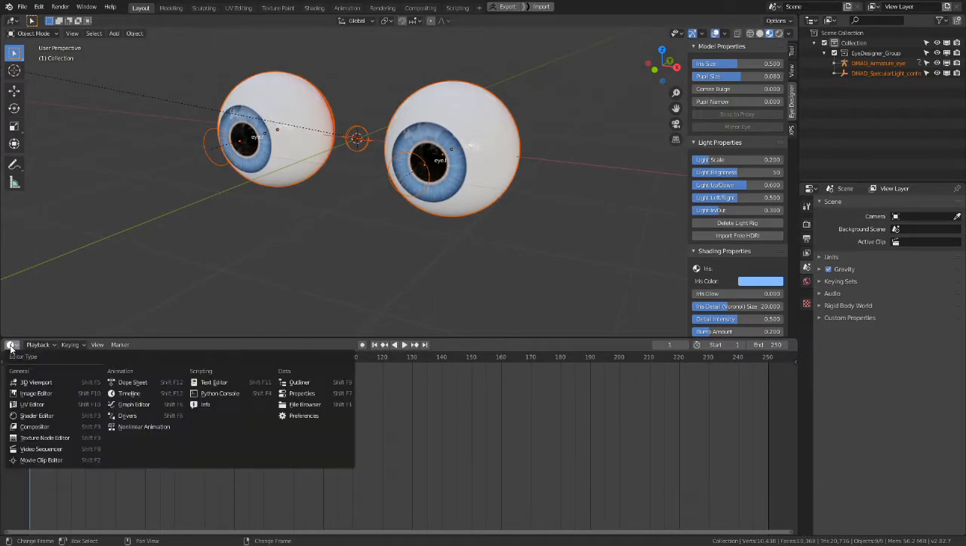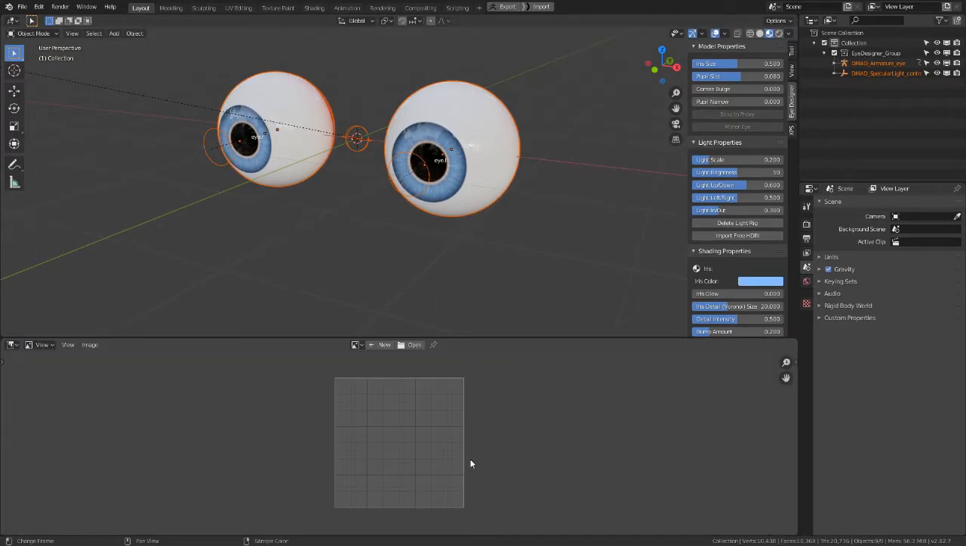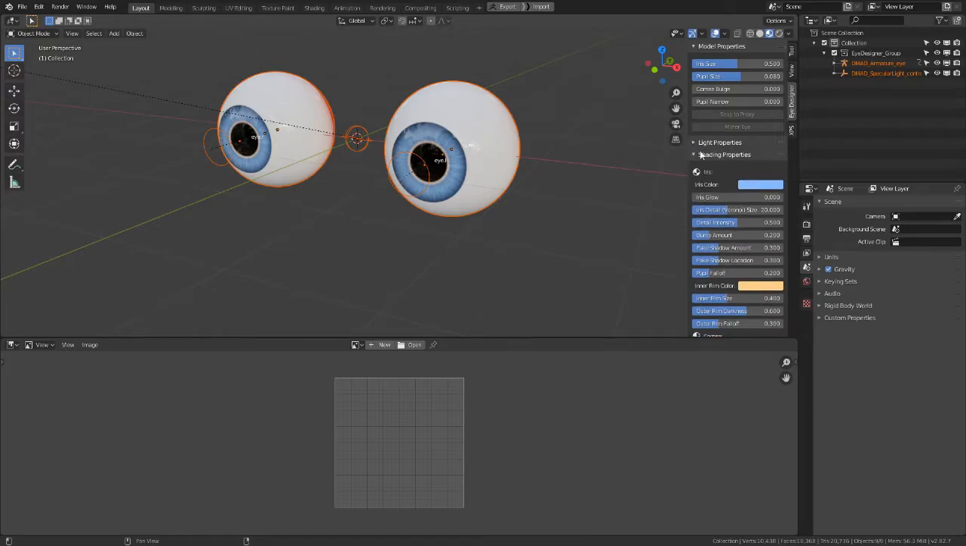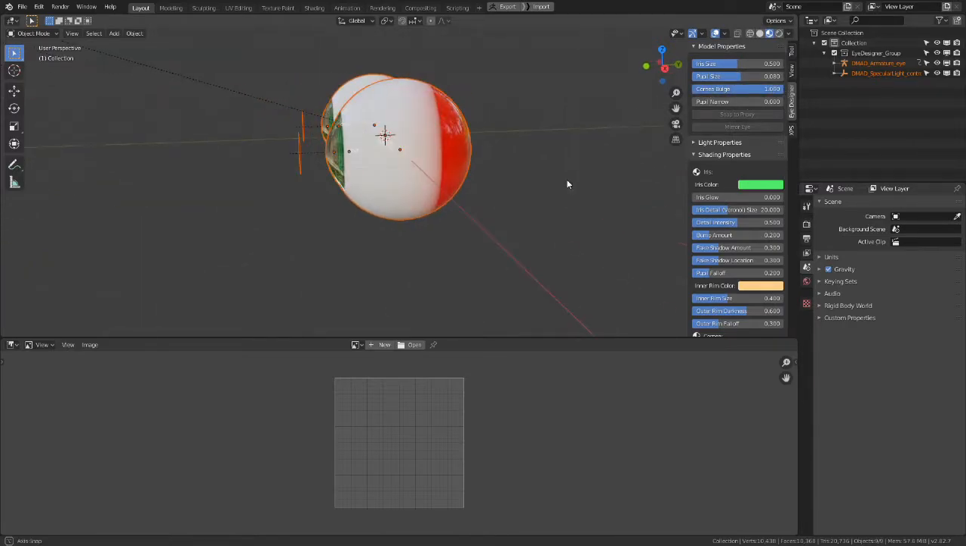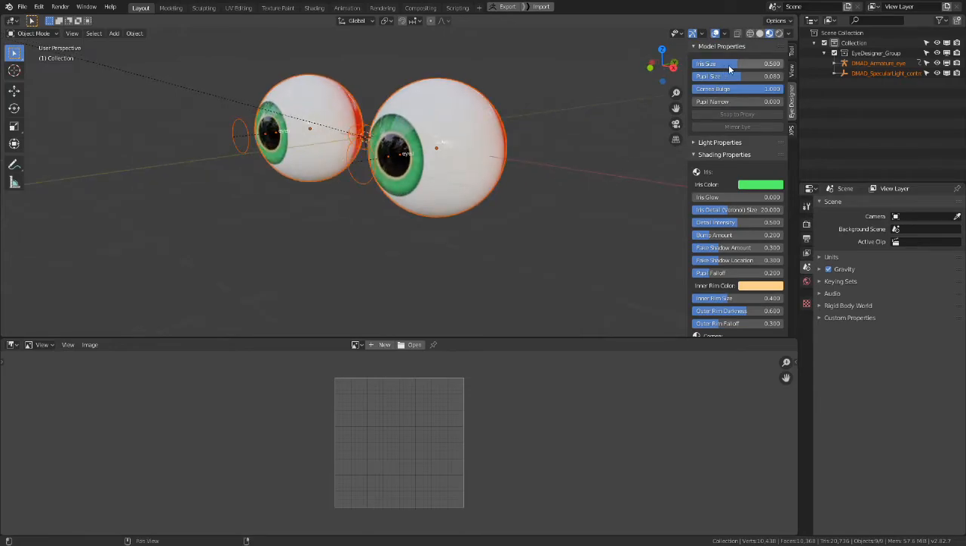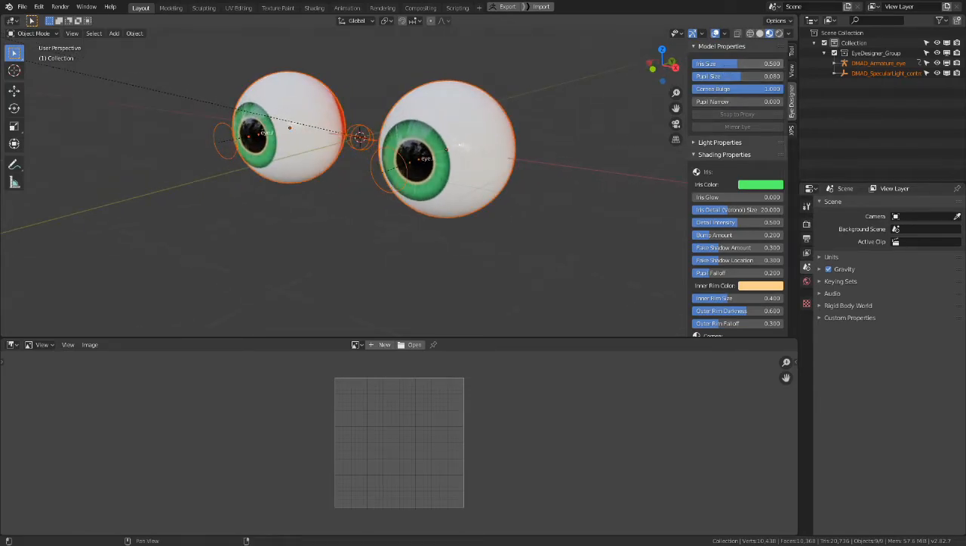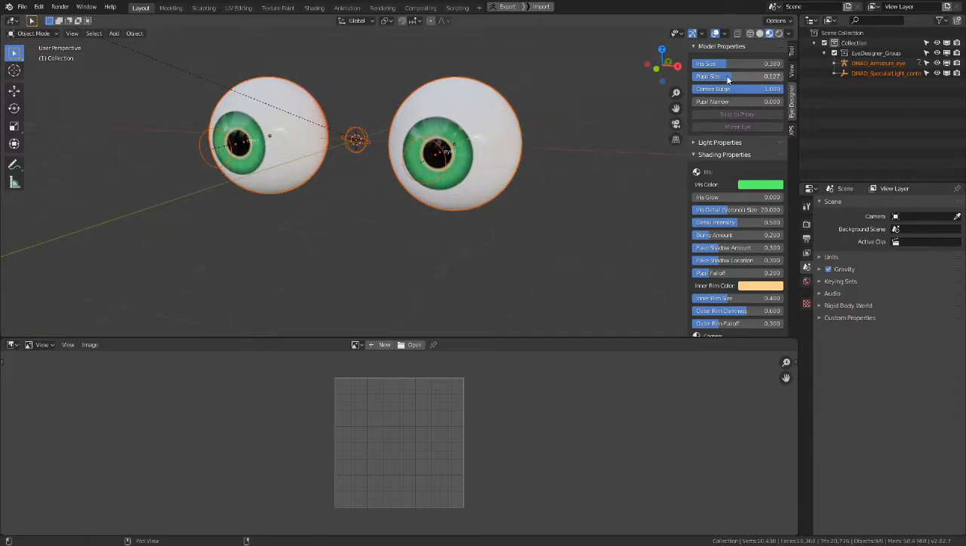First, we open the image editor so we can actually see what we're doing. Then we can make the kind of eye we want, tweaking the settings. And I've done this multiple times by now, just trying to find the settings that I like. So I'm just gonna tweak the settings a little bit, and it's pretty much up to you how you want